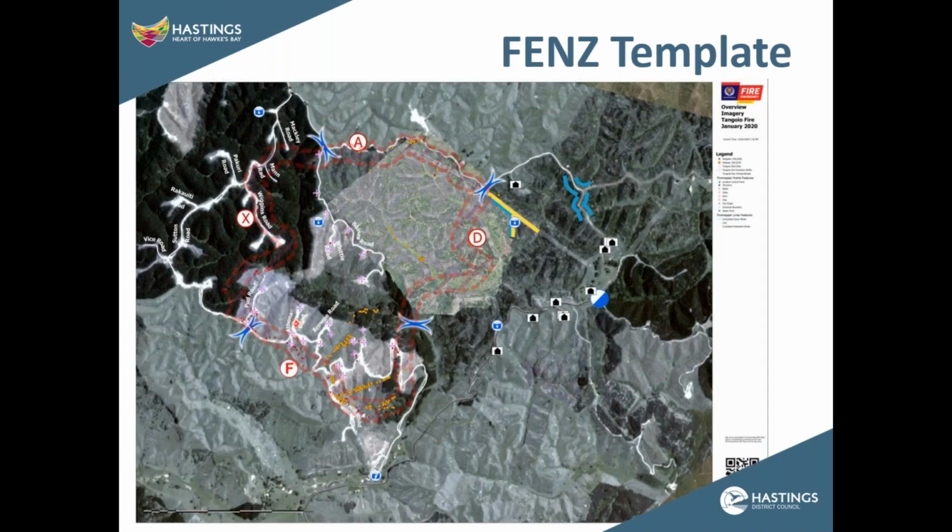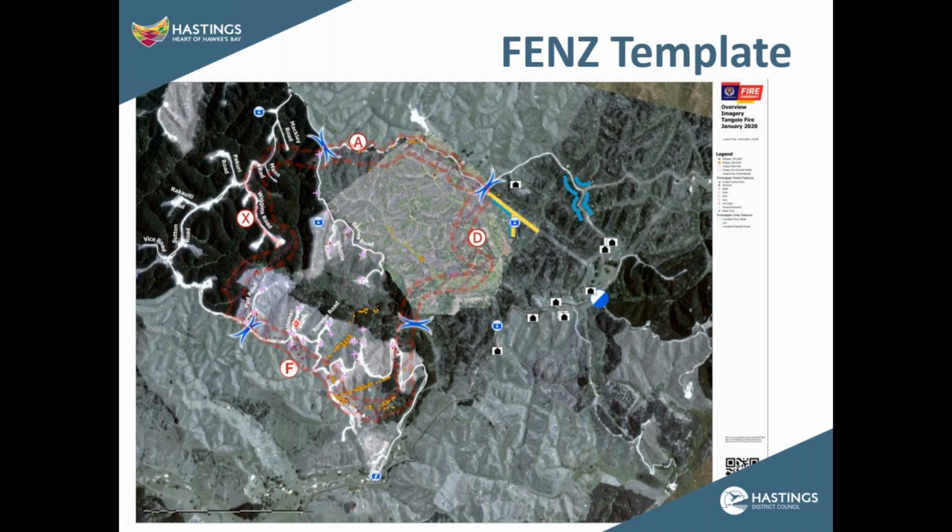This is the FENZ template, which will be used as a standard for future incidents. These are being used for printing at large scale for the 7 AM briefings on the fire ground. After getting the drone data into ArcGIS Pro at around 5:30 AM, I fortunately had access to Hastings District Council's large-scale plotter to get these printed at A0 size. I printed these at around 6 AM to allow enough time for them to be driven out to the fire